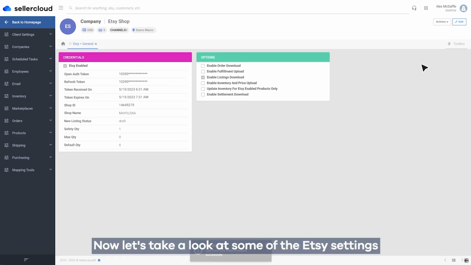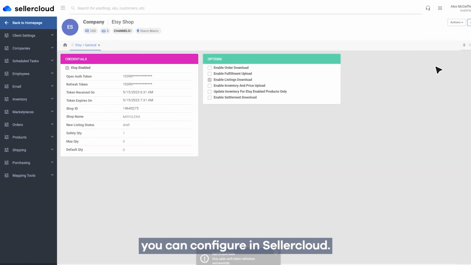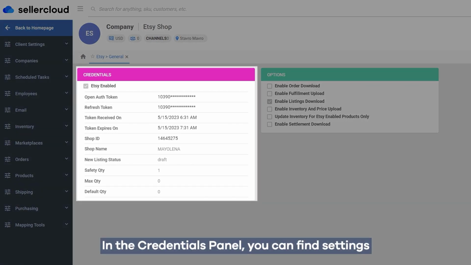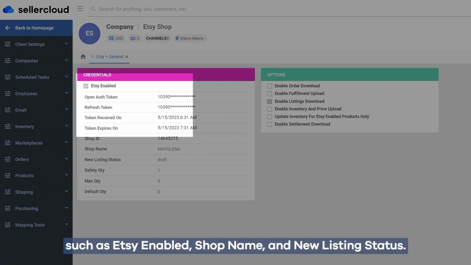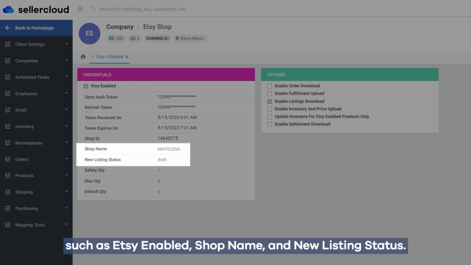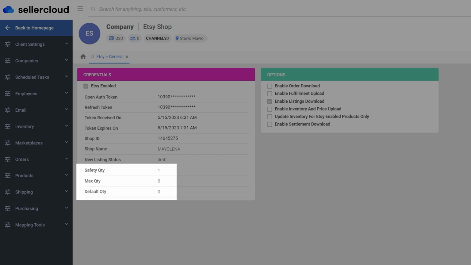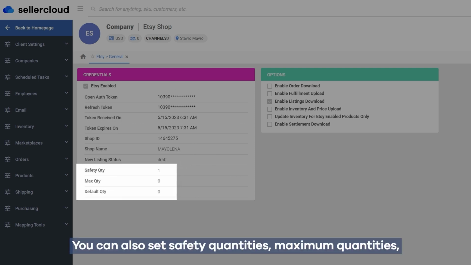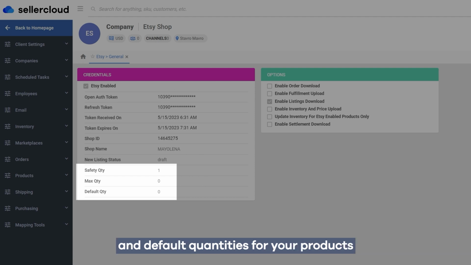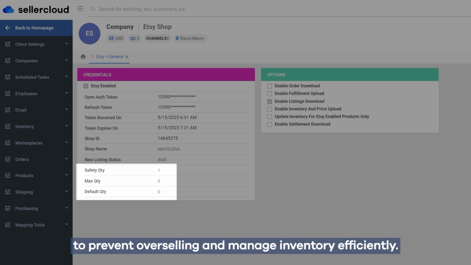Now let's take a look at some of the Etsy settings you can configure in Sellercloud. In the Credentials panel, you can find settings such as Etsy Enabled, Shop Name, and New Listing Status. These settings indicate your company is live on Etsy and allow you to manage your Etsy shop from Sellercloud. You can also set safety quantities, maximum quantities, and default quantities for your products to prevent overselling and manage inventory